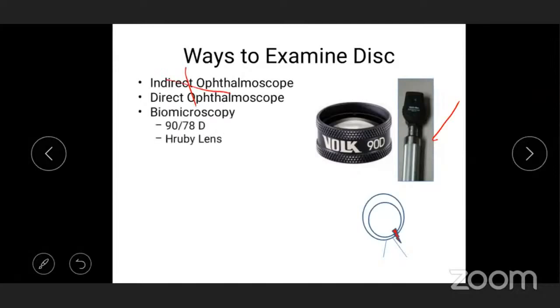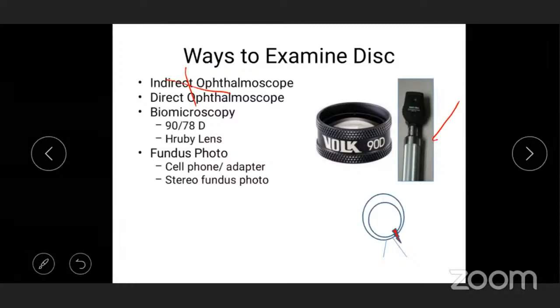Then I've already said 90D, 70D lenses, and the fundus photographs are now possible also with the cell phone adapters. That is so easy to do, and there is no reason not to record the fundus photograph. Yes, even the fundus cameras, which are used for the retina, can be used for this. But because it's an AIOS presentation and the whole of India is watching it, I'm not going to ask you to depend on all this. Just record it with a disc diagram. That can be easily learned. What you see, just scribble in your notes, and that is the one thing to do.